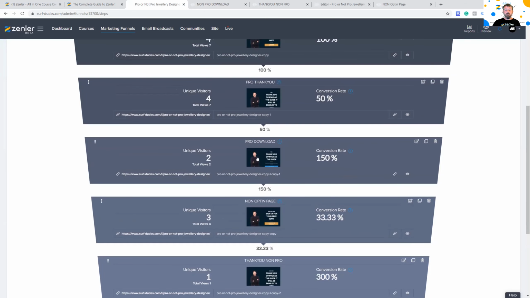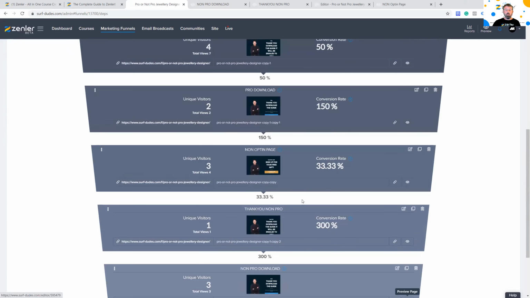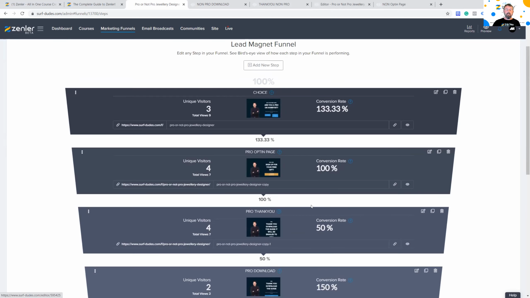So the download pages are not linked to this funnel at all. The only way they can get those downloads is by an email. Now you could redirect them to the download straight away, saying thank you, download your PDF here. The reason I don't do this is because otherwise you could be opening yourself up to fake emails.